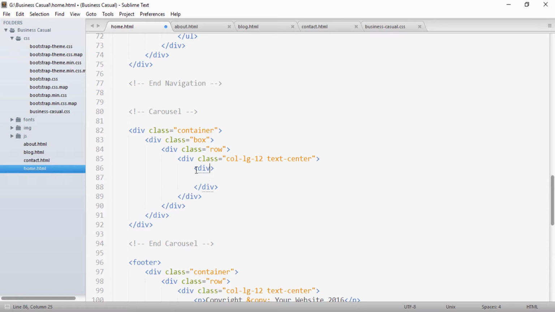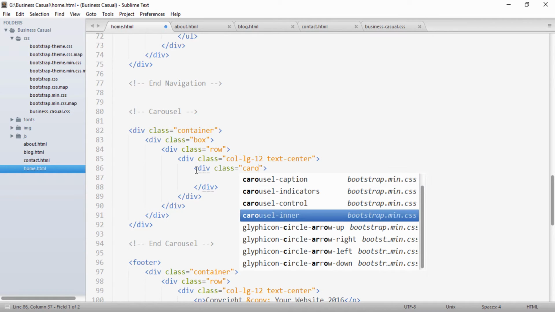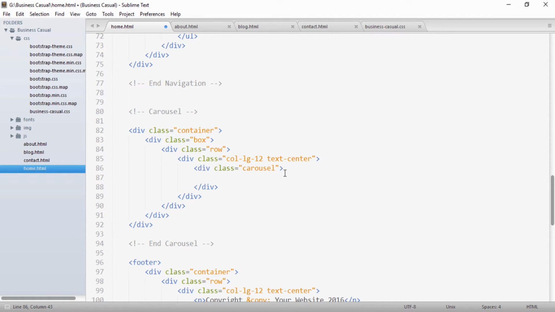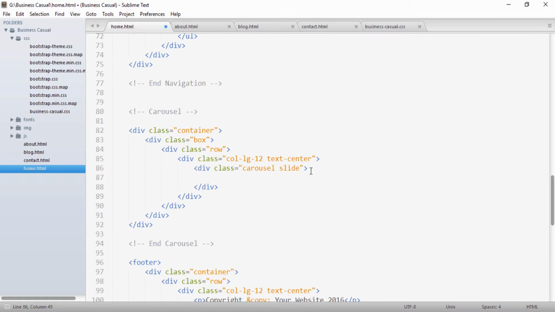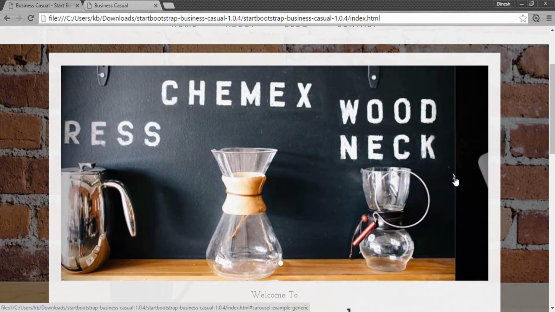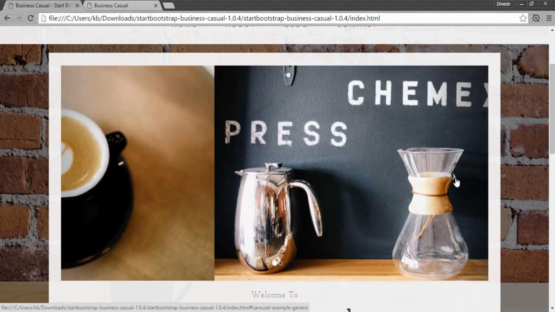For that we'll create a div, and to this div, if you want to create a carousel, we have to provide a class of carousel. This is the class provided by Bootstrap, so we'll use carousel. This will basically create a carousel, and to this we'll also provide a class of slide. This slide class is used to provide CSS transition and animation effect. If I show you on the browser, when I click on this next control, you can see that the image is sliding. The sliding effect is provided by the slide CSS.